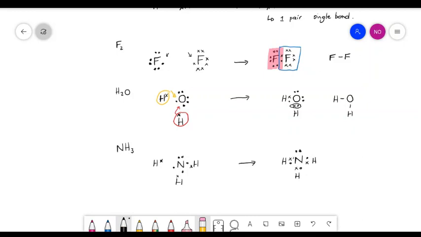Now, look at the bonds. How many electrons are being shared between that hydrogen and the nitrogen? It's 1 pair of electrons. So in other words, we have 1 nitrogen with 3 single bonds. He has 3 single bonds. 1 single bond to the one hydrogen, a single bond to the second hydrogen and a single bond to the third hydrogen. Not a triple bond, 3 single bonds. So if I ask you what type of bonds do we find in an ammonia molecule,